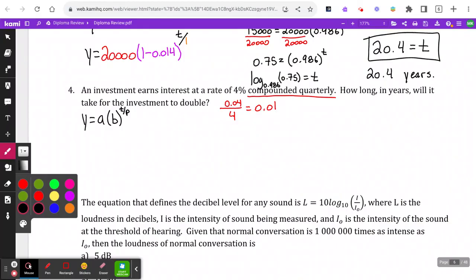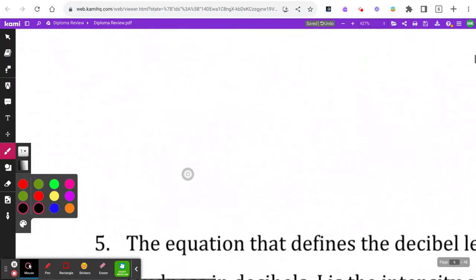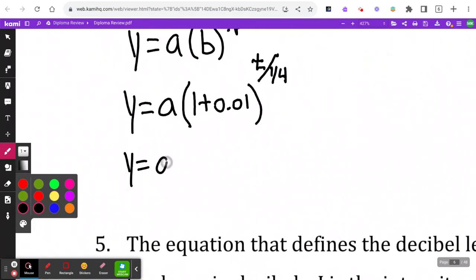Building this thing. I don't know what y is. My starting value, they don't actually tell me either, so I'm going to leave it as a. My b value is 1 plus 0.01. My t is still t. My p is not 4. It's 1 over 4 because it's quarterly. So then would that just be 1/4? Which turns it into 4t. So we're going to simplify this a little bit. That means my equation is y equals a times 1.01